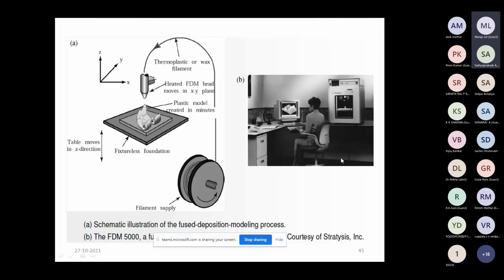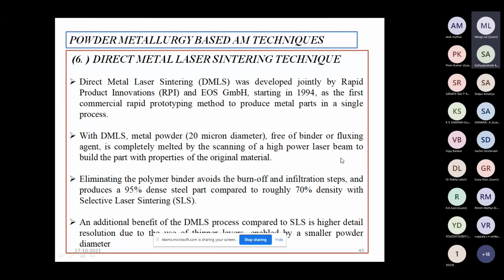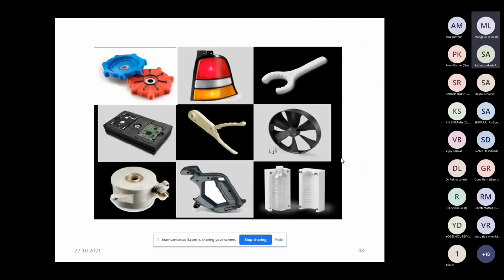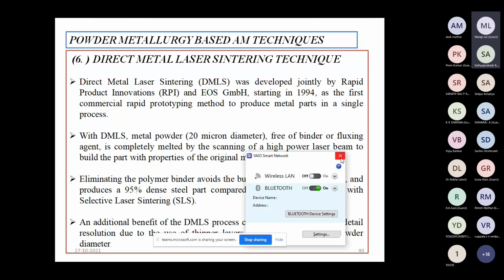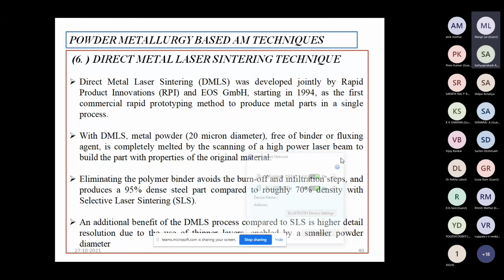Now let us see some of the techniques based on powder metallurgy based additive manufacturing. What are the powder metallurgy based additive manufacturing techniques? We will discuss selective laser sintering.